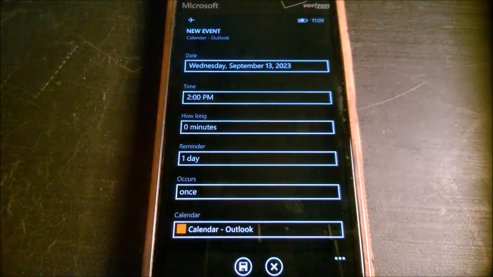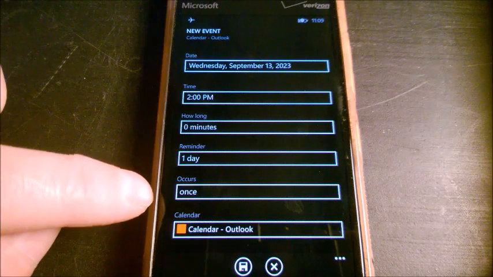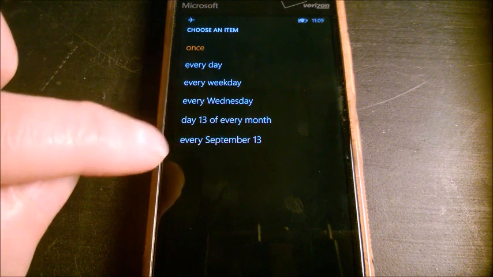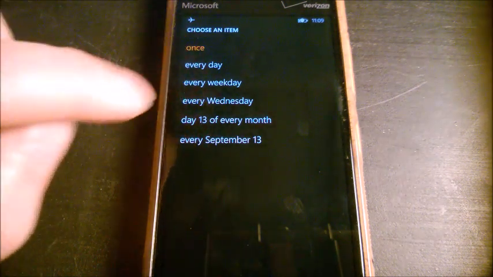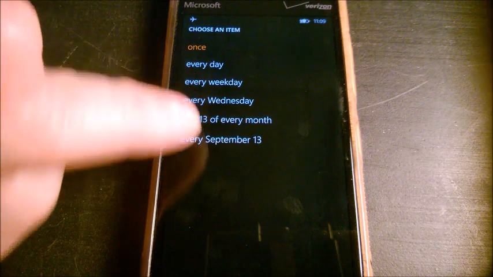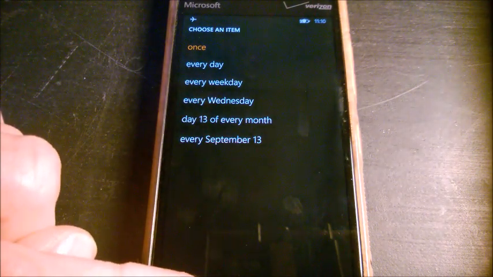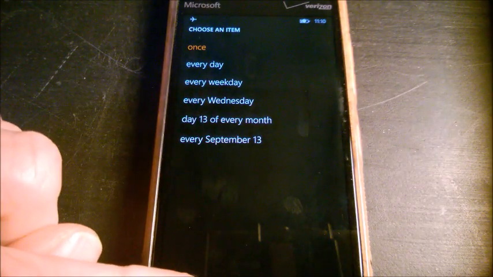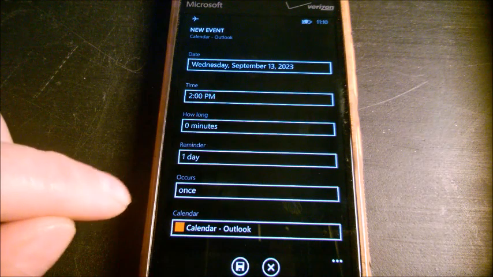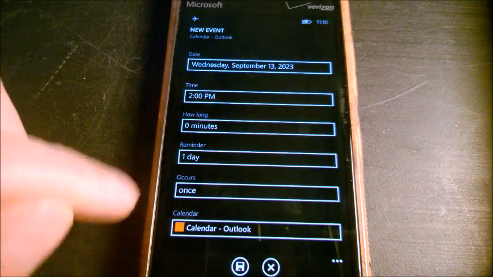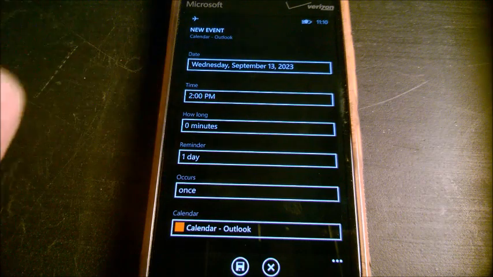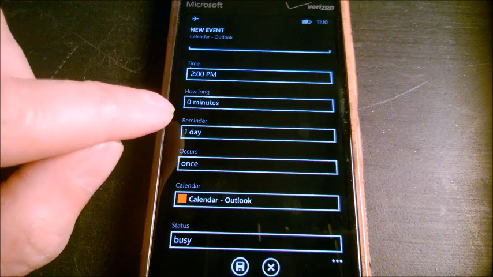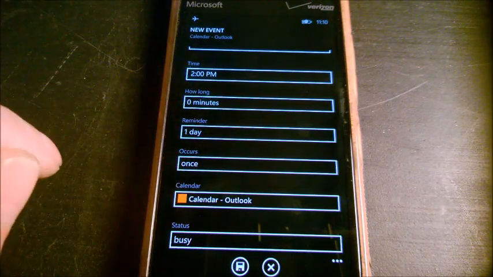Okay, with this in mind, it looks like you can also repeat it. Yeah, you can repeat the reminder, or I think you should try this by yourself. I'm going to guess this is the event that you can actually repeat on other days, every month, the 13th of every month, and so on. I never use that function, that's why I cannot tell you more, but look here at the repeat occurs, or repeat the event, not the reminder. I'm not sure if it's going to automatically also repeat the reminder with the same settings. Maybe give it a try.